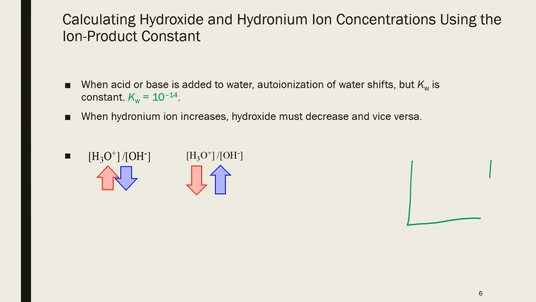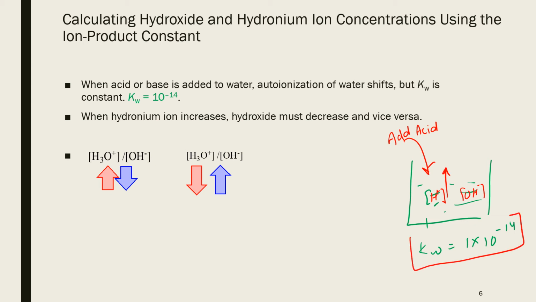So in pure water, the value of Kw is equal to 1 times 10 to the negative 14, and Kw is given by the product of H positive ion concentration and OH negative ion concentration. If we add acid to the water, that would mean that the H positive ion concentration will go up. But interestingly, the Kw value never changes. So it means if the H positive value goes up, because Kw is constant, the OH negative value will go